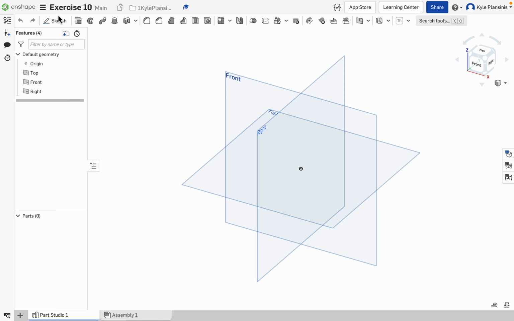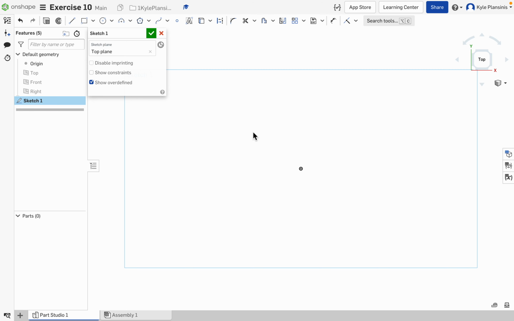So we're going to start with a simple sketch. And this is going to look like it's not making sense at first, but we're going to select the top plane, N for normalize, and we're going to start by drawing as if the part was not three parts. We're going to draw it all as one, and we're going to create the shapes we need as we go using some features. What this is going to allow you to do is separate parts